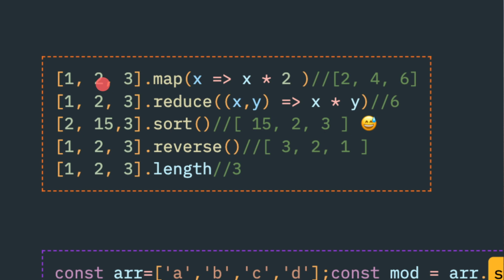So if you pass 1, 2, 3, this is the source array. This is always a callback function, and arrow syntax is really nice, so we are passing an arrow function. You can write a very complicated function here, but individual elements will be passed, 1, 2, 3, one by one, and we can implement any operation or logic. For example purposes, I have multiplied by 2. So each individual element will be multiplied by 2 and the resulting array will contain 2, 4,